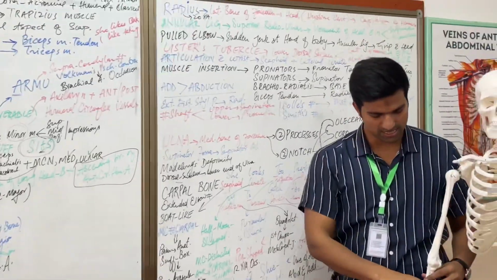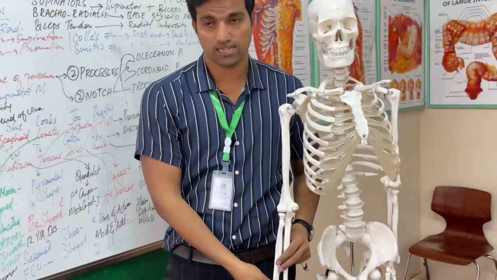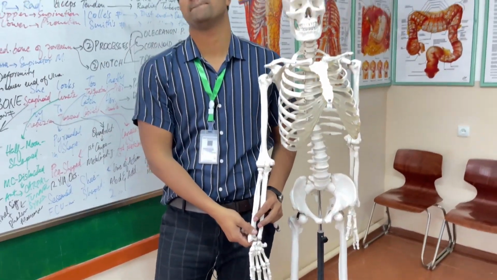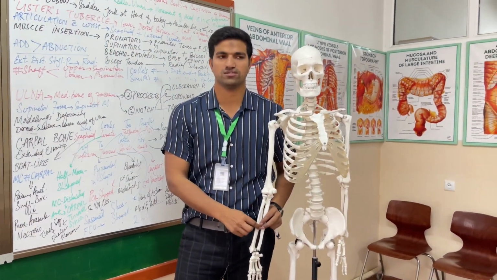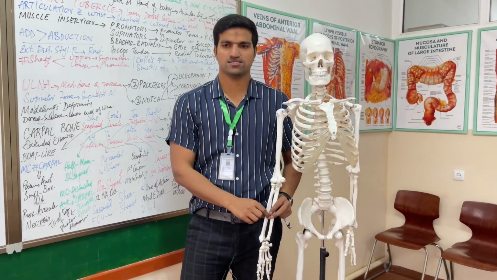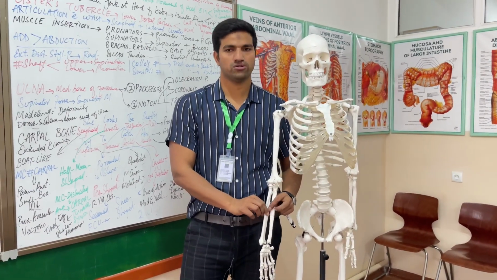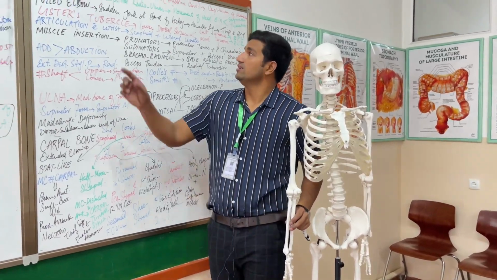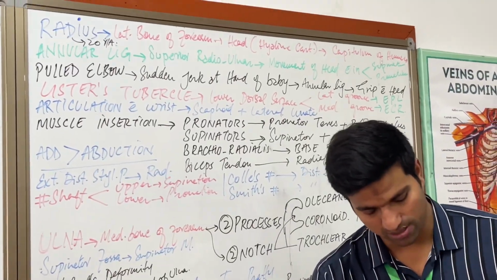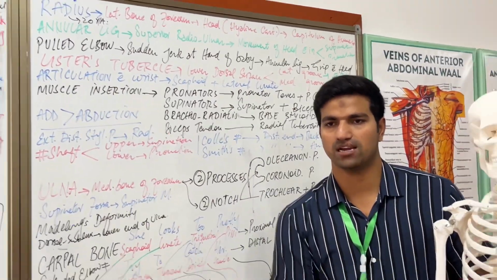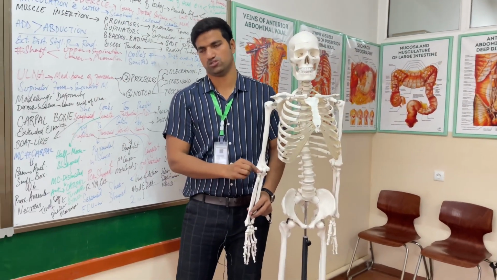This is the radius. You can see like this. This is the radial nerve, that is lateral, so not radial nerve, radial bone. We are talking about the bones of the upper limb. That is just a slip of tongue. The radius is the lateral bone of the forearm, and the head of the radius is covered by hyaline cartilage, making a joint with the humerus at the capitulum of the humerus.